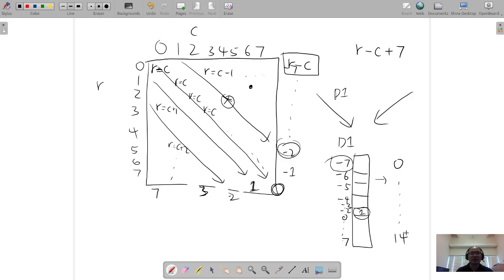So you can have a diagonal bitmap, a Boolean array, or whatever you want to call it, that keeps track of whether you have a queen already on that diagonal, or you can count. Either way, you can use that to figure out quickly if you have two queens on the same diagonal in this way. So this is r minus c plus 7. What about the other type of diagonals, right? So if you look at the other type of diagonals,